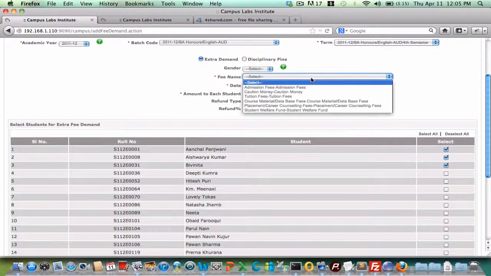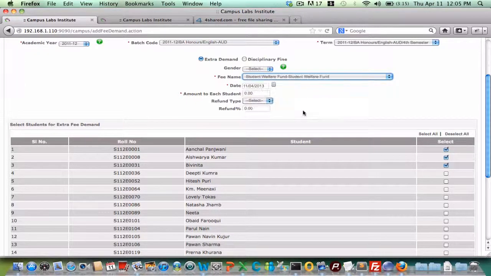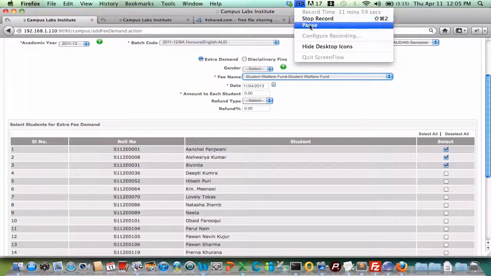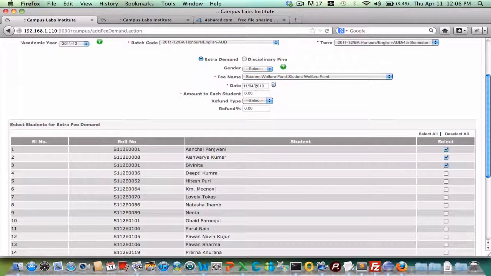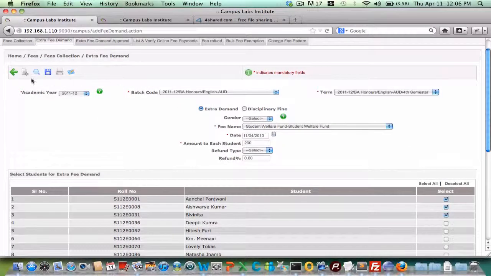You can select a fee head against which you are raising the extra demand, suppose for student welfare fund. Select the date on which you are creating the demand, the amount you want to collect from each student, whether it is refundable or not, and save it.